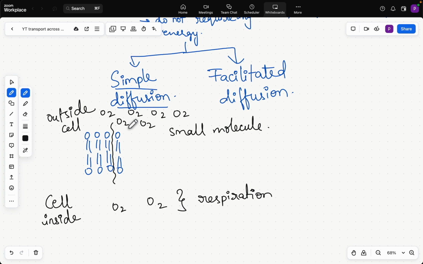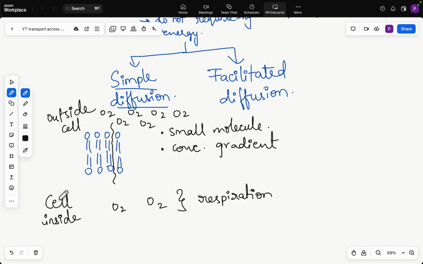What is required for the simple diffusion? Only one thing is required, that is concentration gradient. There should be some concentration difference. Gradient means difference. There is a difference in the concentration. You can see 1, 2, 3, 4, 5, 6 molecules of oxygen outside the cell, whereas only 2 molecules of oxygen inside the cell. And because this difference is there, the oxygen that is present outside is able to enter